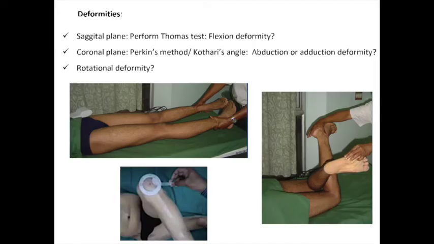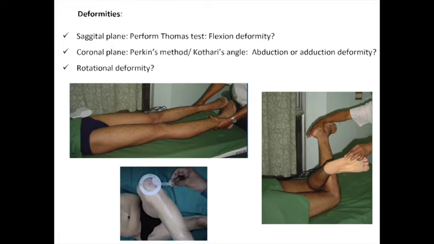And once you finish your palpation, you next move on to deformity evaluation in sagittal, coronal and rotational plane. There might not be a sagittal plane deformity. At maximum there could be a minimal amount of a flexion deformity due to secondary changes in the hip. There would be a coronal plane deformity, which you have already been told how to evaluate. An adduction deformity is one of the associated deformities. And you have malunion in various grades of external rotation. So you should practice evaluation of rotational deformity in extension, in flexion.